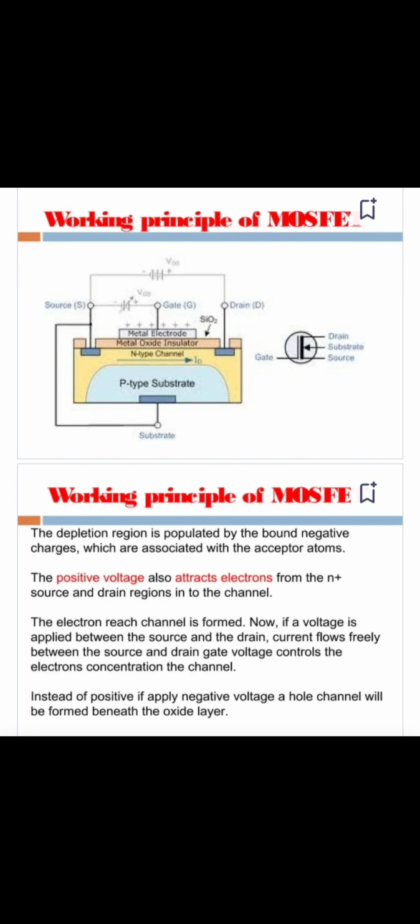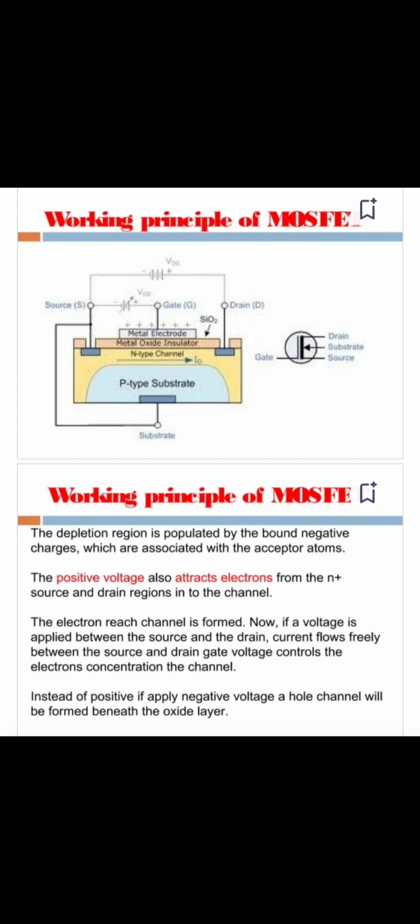You can understand this thing with the help of this diagram also. Here the gate potential VGS is positive. As a result of the capacitor action, an N-type channel is formed between source and drain, and the holes are repelled downwards. So when you apply the drain source voltage, then the electrons easily move from the source side to the drain side and thus constitute a current. More is the drain source voltage, more will be the current.